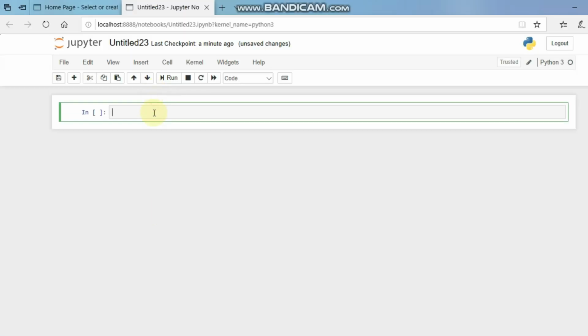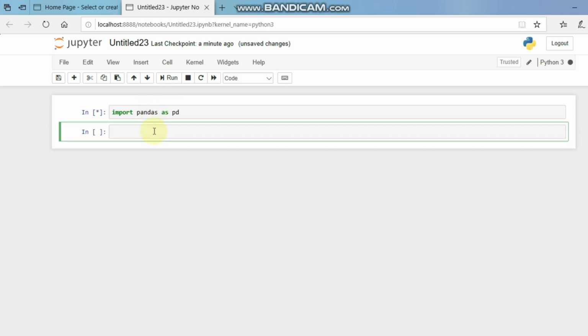So I'm going to load my dataset, by which I'm going to explain to you what a data frame is. So first I will import the pandas library. So I will use import pandas as pd. Now I will load my Titanic dataset, pd.read_csv.